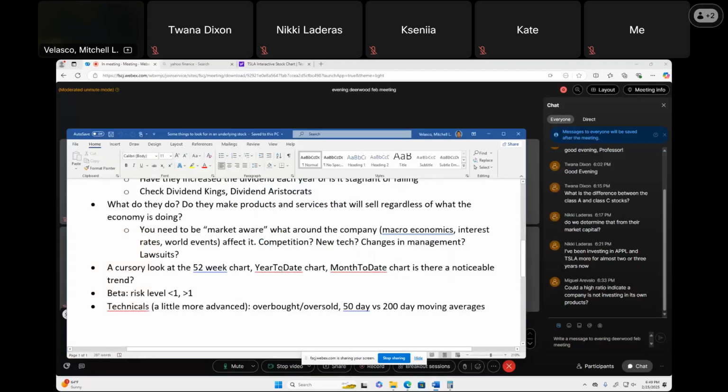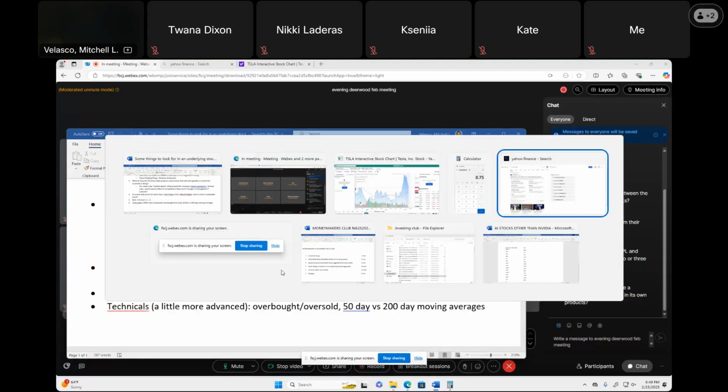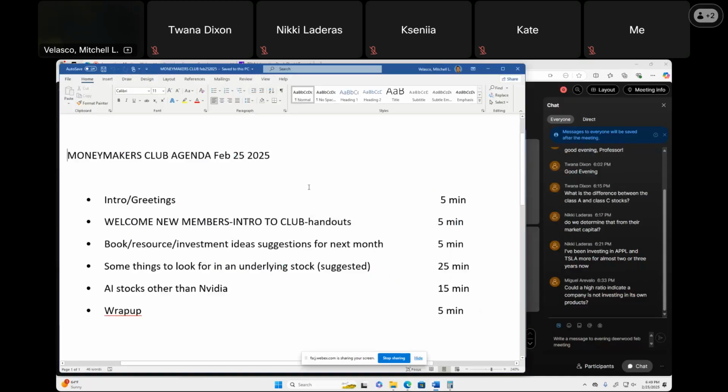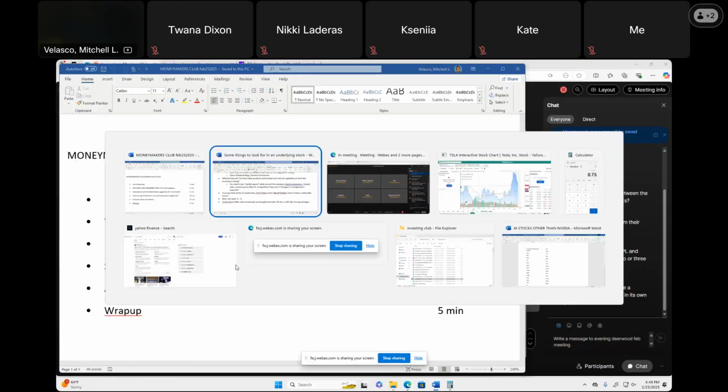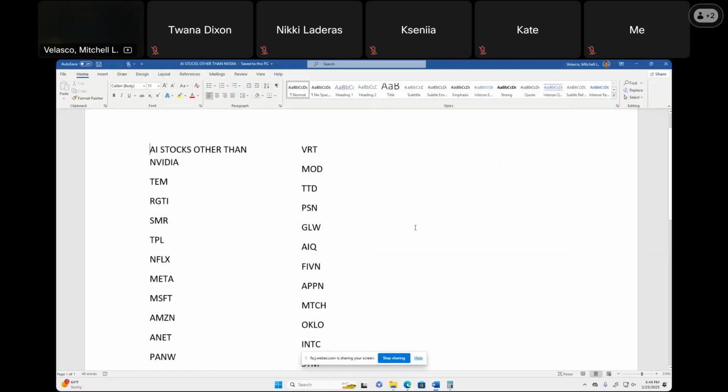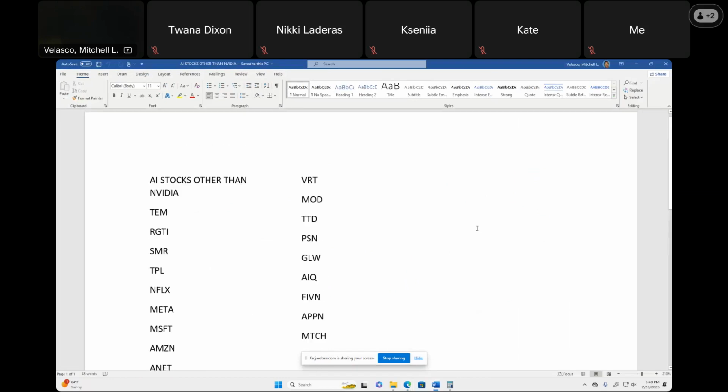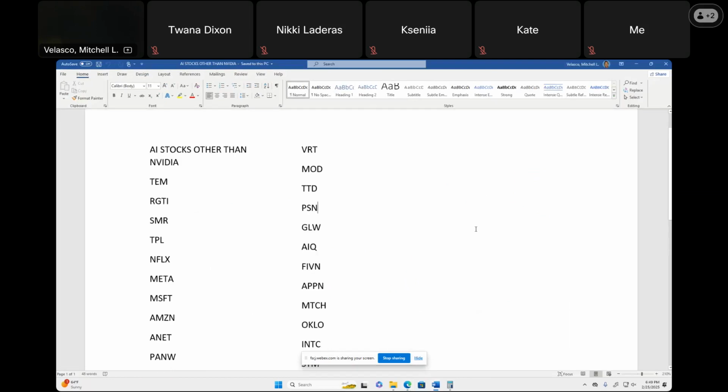All right. Well, we got one more topic to go, and this one's a little short, but a really good topic, actually. AI stocks other than NVIDIA, which was suggested at last month's meeting. So what I did was I went ahead and looked, because I actually built a list of AI stocks to trade into my trading platform. So I can screen just for AI if I wanted to trade AI for that day. So I took most of the stocks in my AI watch list that are not NVIDIA, and I put it in the Word document here.